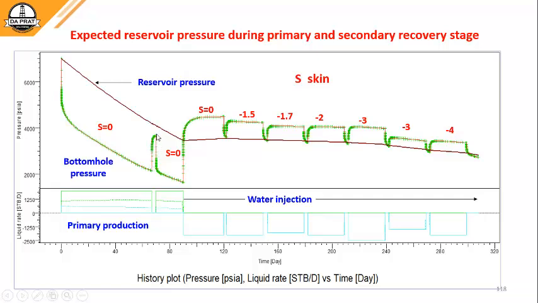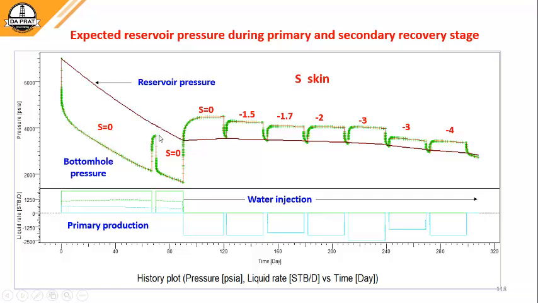If I analyze this build-up, I will use this production history here. I do my analysis and I end up calculating this pressure here, which was the test objective. When you enter in the software, the software is going to ask you for the initial reservoir pressure, or P sub i. The initial reservoir pressure is this one here, that you enter in the software. Then eventually you have this behavior with the bottom hole pressures. Then you analyze the build-up, and you are supposed to get from the analysis,